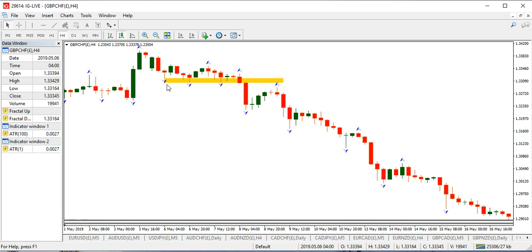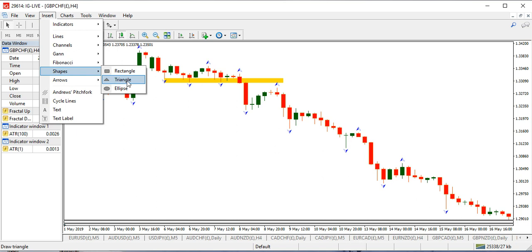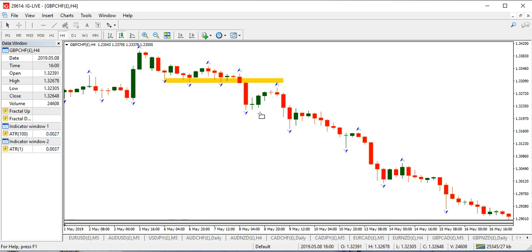I've gone along here. So this is the support area. We've had a push down with this candle out of this area, and we've had a pullback. But because the market's trending quite strongly, this didn't really work, and I would have missed that trade. It wouldn't have worked out. You just wouldn't have been in the trade. Now here we go again. Support, market comes up, and at this point here, at the bottom of this candle, there's a breakout candle. So if we go here,